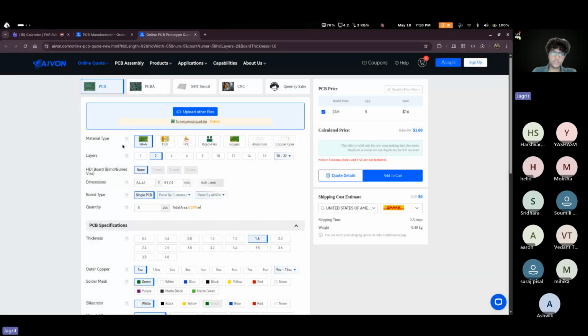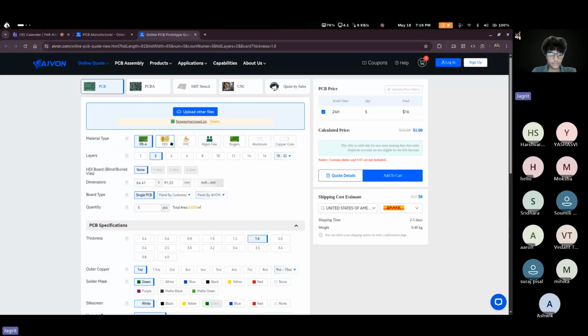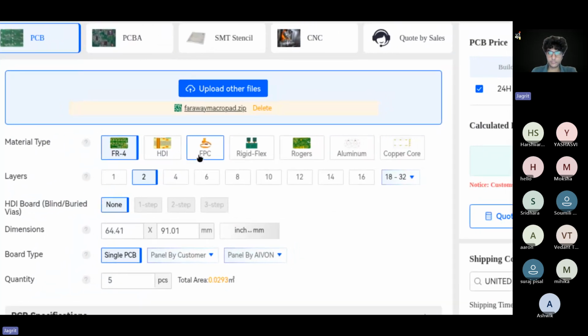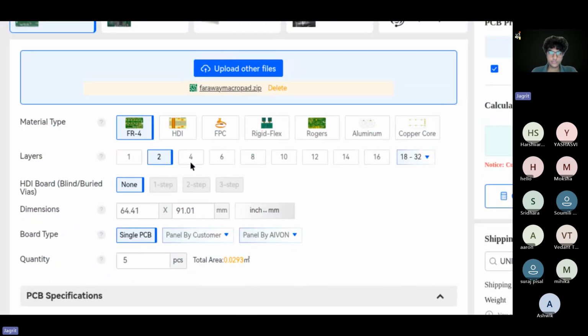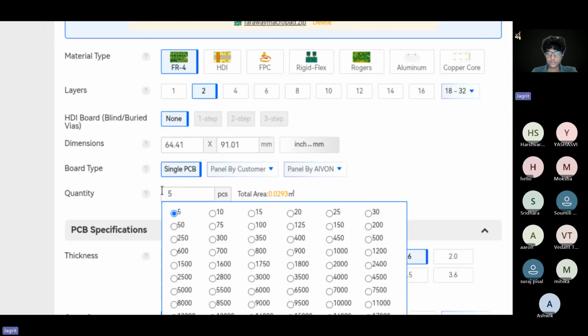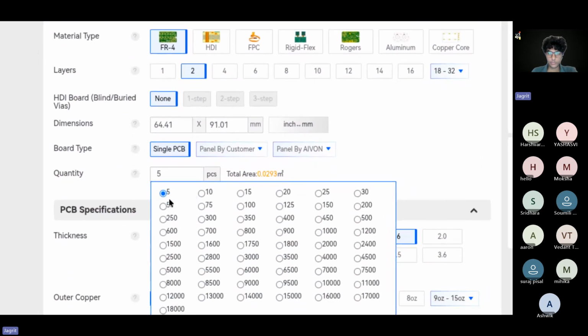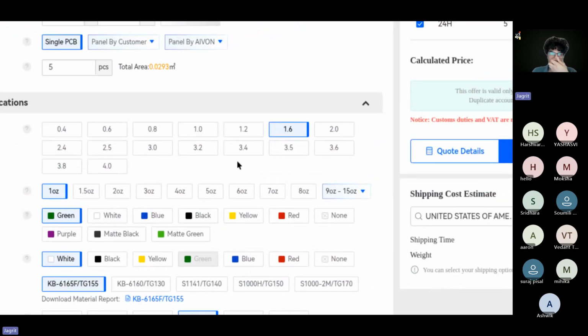It's analyzed successfully. Material type is up to you. There are a lot of options such as FPC, the flexible ribbon cable. You say this is for that and select it. We have two layers. Dimension, it will auto detect itself. Quantity, the minimum quantity is 5. Then for thickness, 1.6 is the